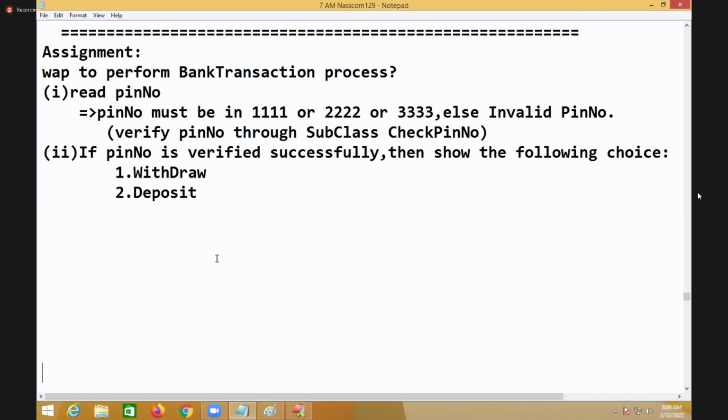So the previous program is an idea for you. There I had 5 subclasses, 5 choices. Here how many subclasses now? 2 choices: withdraw and deposit. Check PIN number is an internal supportive calculation. Anyway, now one is withdraw, one is deposit. So if I selected withdraw,